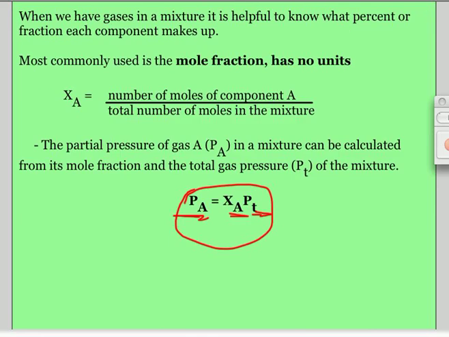Another way you can look at things is with mole fractions. Remember, moles kind of equal everything out. You can look at things much better than just a mass. So the little X is for a mole fraction, and what you actually do is you figure out how many moles you have, out of how many total moles you have, because that's the way you compare things. And you can actually get the partial pressure from that. So if we look at the next page,